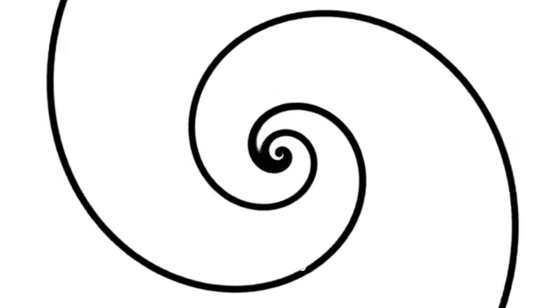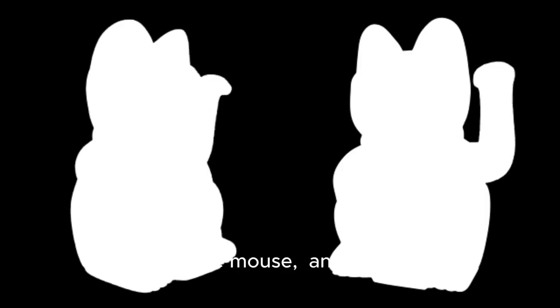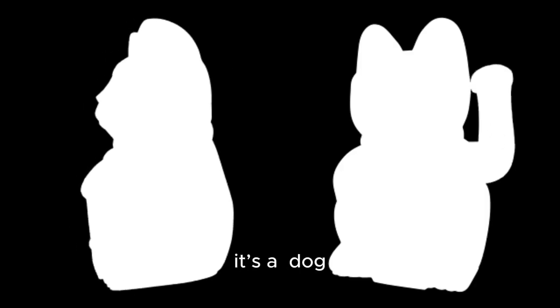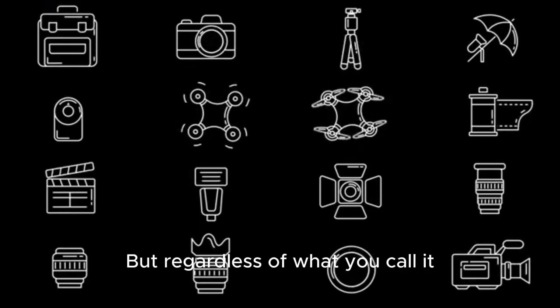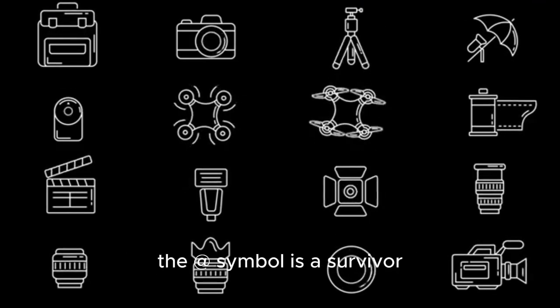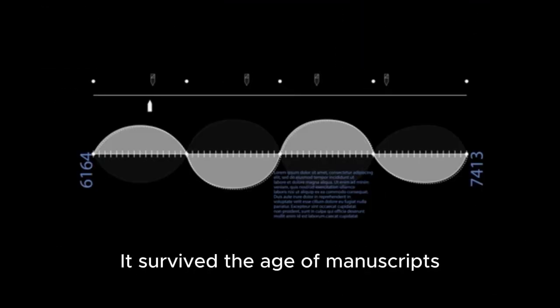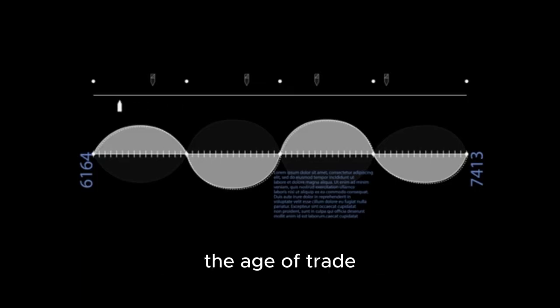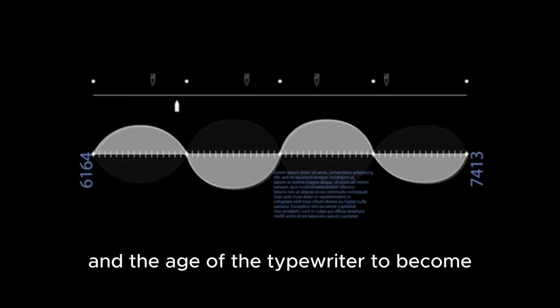it. In Italy, they call it the snail. In Holland, it's a monkey's tail. In Taiwan, it's a little mouse, and in Russia, it's a dog. But regardless of what you call it, the @ symbol is a survivor. It survived the age of manuscripts, the age of trade, and the age of the typewriter to become the anchor